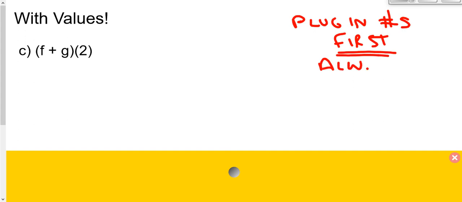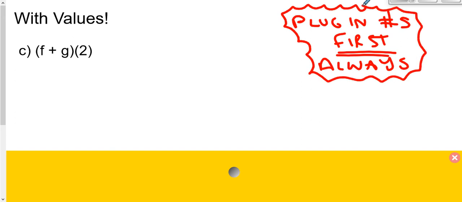Always. So anytime an equation gives you values for your variables, always plug them in first. It's much easier to do operations and simplifications and math with numbers than with a bunch of letters. So always plug in numbers first. So in this problem, I have f plus g of 2. That of 2 has taken the place of x. So this means f of 2